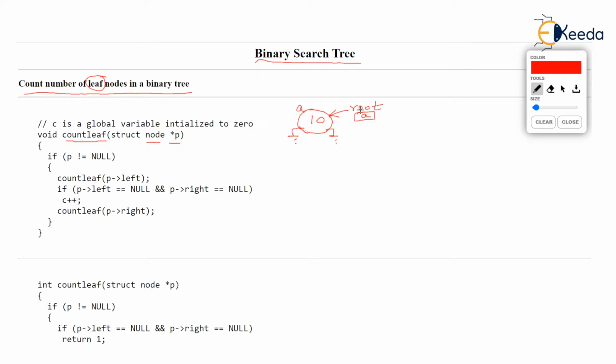If you want to do any process on the binary tree, the process must start from the root node, isn't it? Because that's the only node that we know. We know the address of only the topmost node because the root pointer stores it. So the pointer p passed to countLeaf will initially be equal to the root pointer.